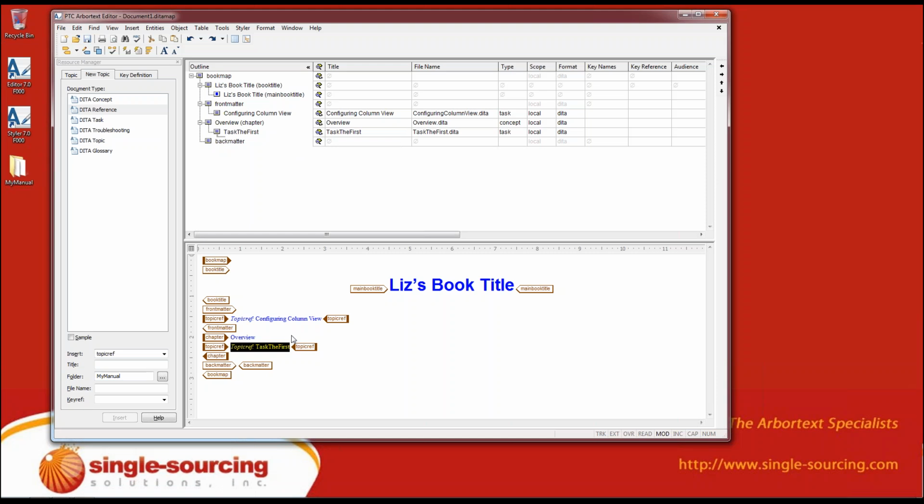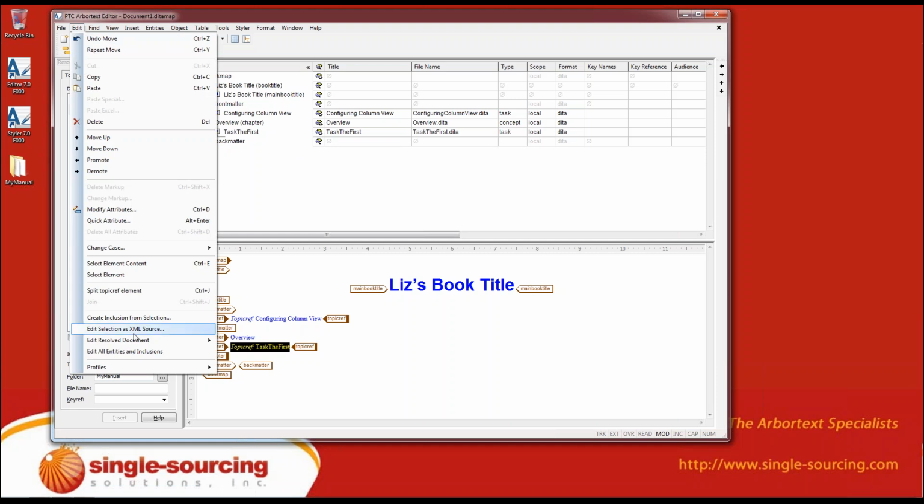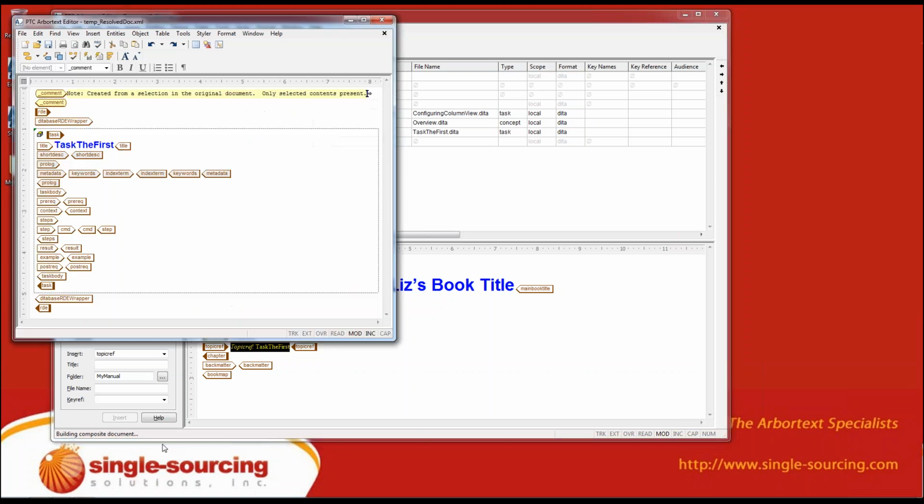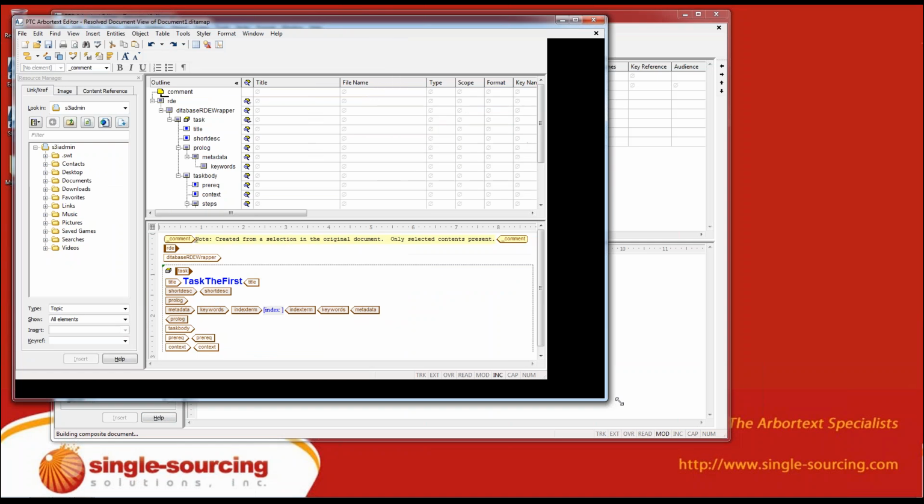Because the editor is very well aware of the doc type, and you don't have to do all of that for yourself. Okay, so there's one more thing to show you, and that's the resolve document feature. And this has been around since, I want to say 5.4, and that's a very long time ago. In the Edit menu, you come down to the bottom, Edit, Resolve Document for editing. There's a styling option too, but we'll save that for later because we're not styling the document today, we're editing it. So we open it up for editing, and it's going to compile a composite schema. It's going to resolve all of the data information,